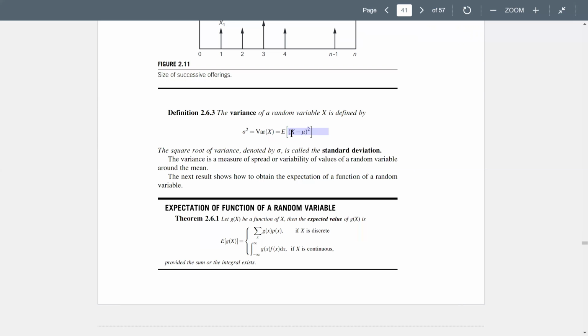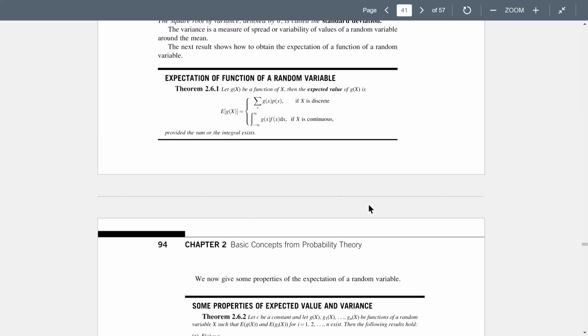That's a variance. Okay, this is the formula. I think I've shown you before that the population variance formula is different from the sample variance formula. Anyway,